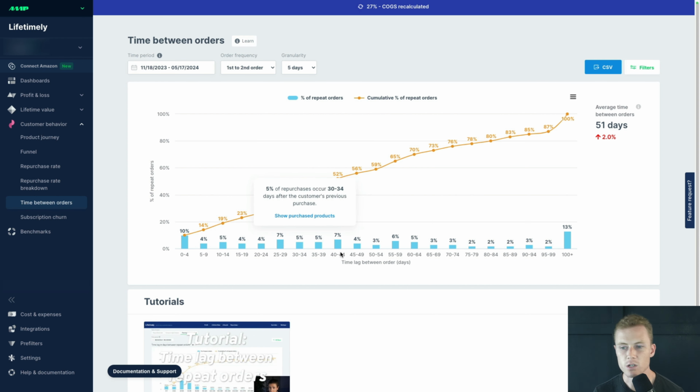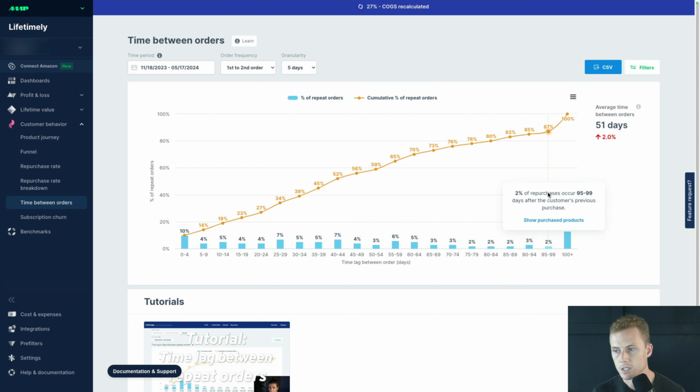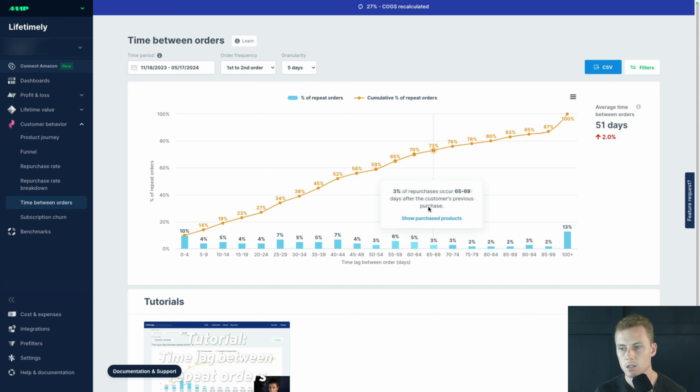but there's a pretty even skew here in terms of when that reorder happens. So there's nothing here that screams to me, oh, we need to do it by a certain time frame. Obviously, after a certain time frame, the jumps are less. So at around 60 days, it goes down to the 3s and 2s, and up here you're looking at 5, 4, 7, 5, 7. So we definitely want to get our customer replenishment flows in and around that 50 to